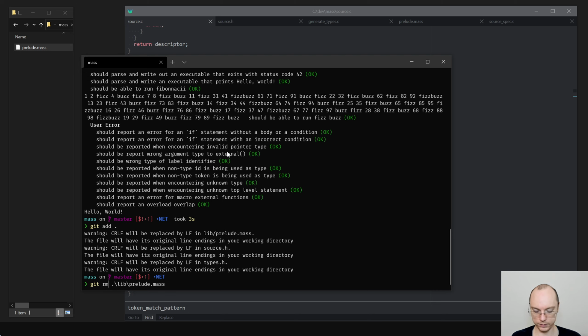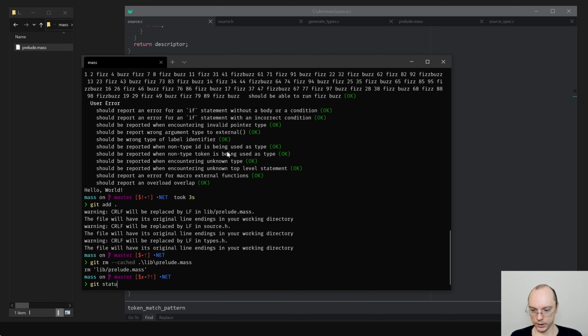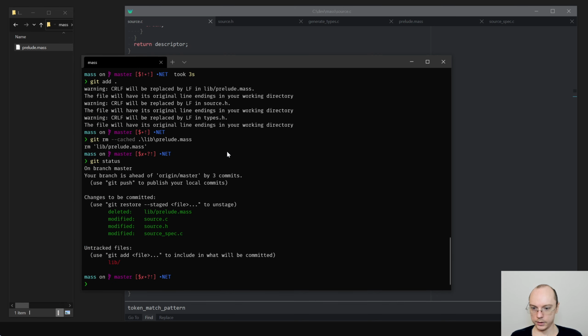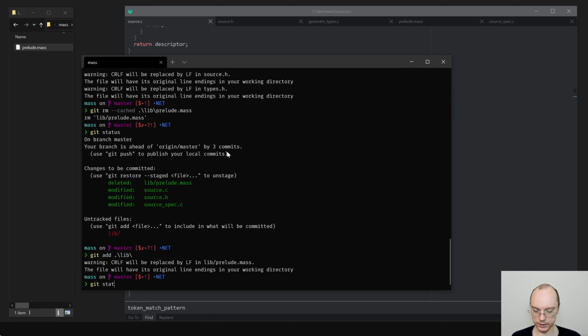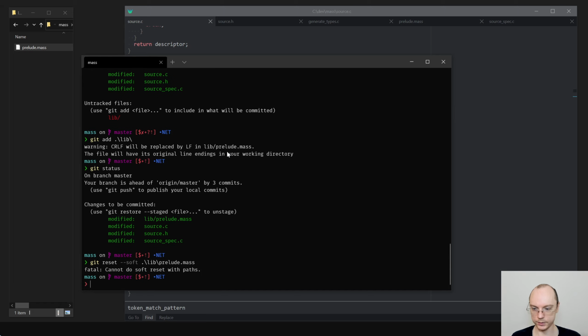Not reset minus of rm minus cached. No, this was the wrong command. I always forget how to unstage. Is it reset minus soft? Let's try it. It's easy to create one. Okay, whatever.